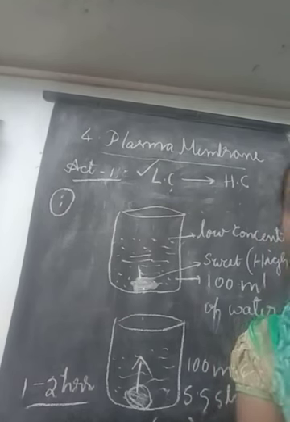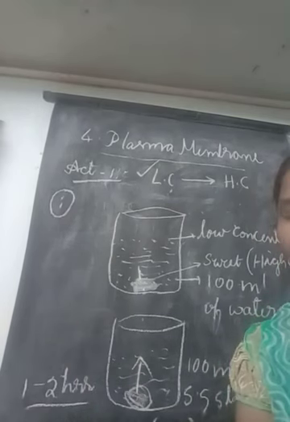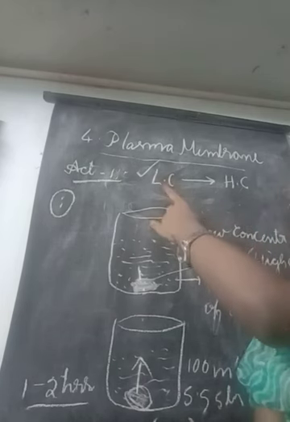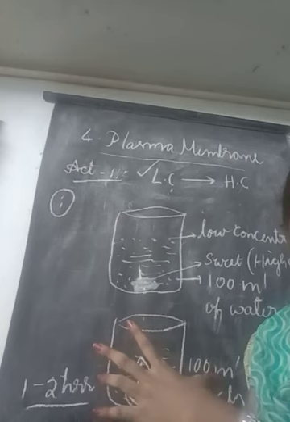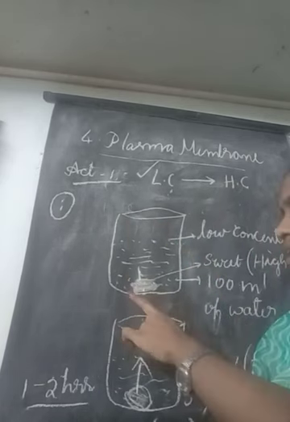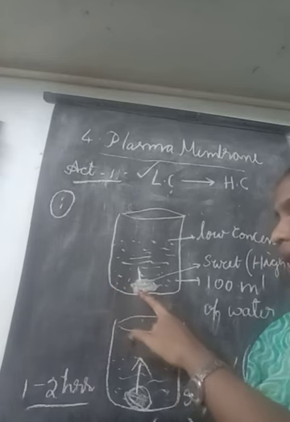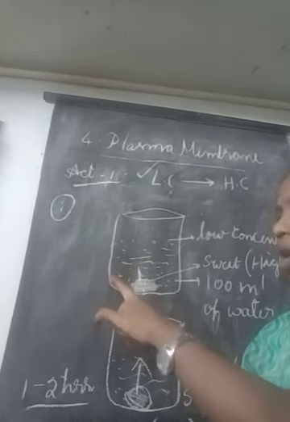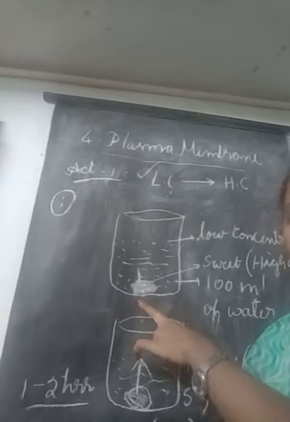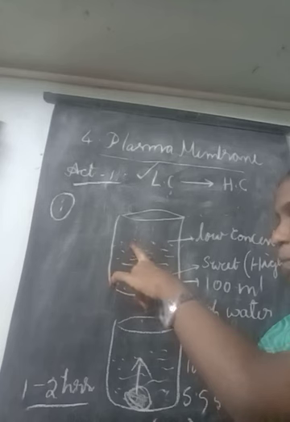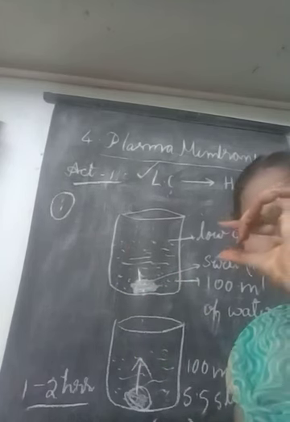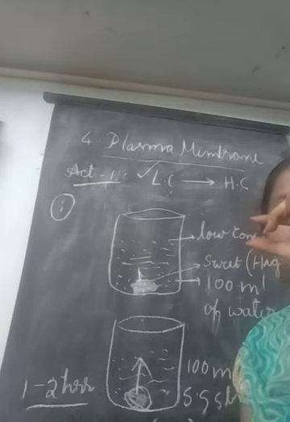Did you understand these two cases? Both have the same property, but the activity is different. The property is the same. Here we have taken water and a dry kishmish. Water has low concentration, kishmish is in high concentration. So water moved from the beaker into the kishmish, and the volume of the kishmish was swollen.